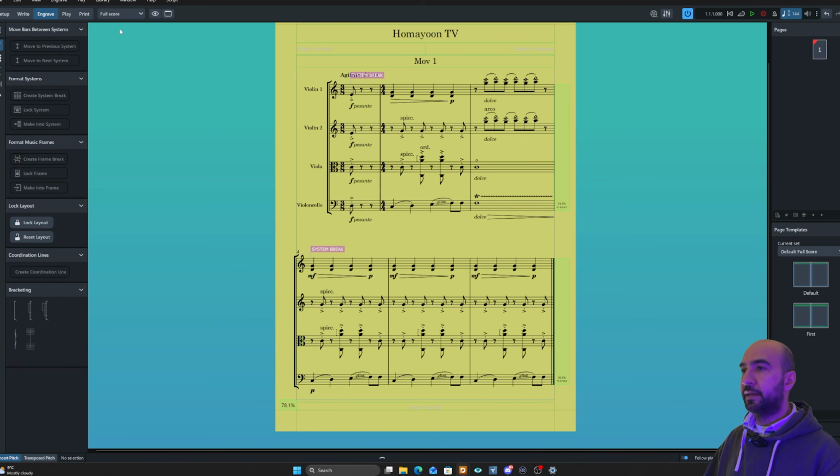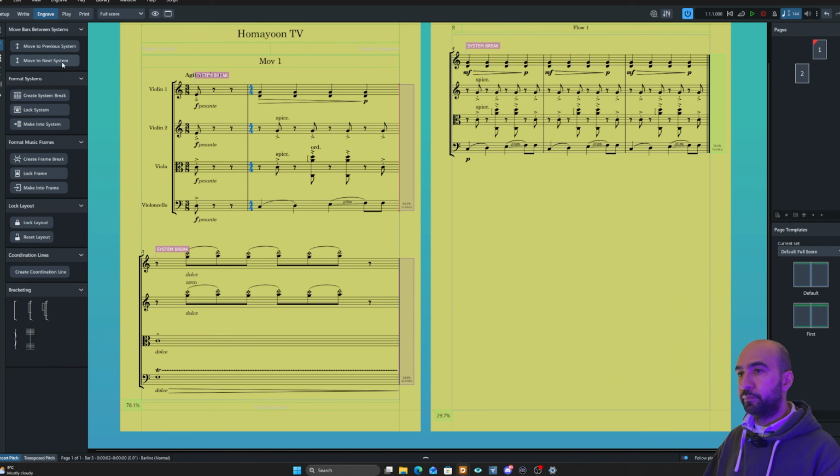This is also really handy. Don't worry, it's not really going to move literal bars. It's just engraving mode. It's just about graphics. So no note is going to change. Imagine I want from this bar to go to the next system. Okay, super easy. It just popped